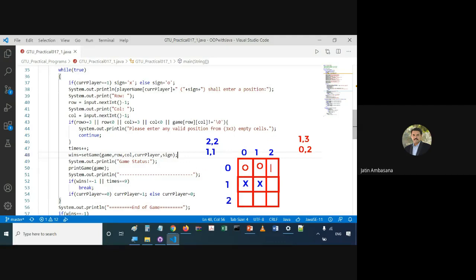So here the person enters O. As soon as the person enters O, it checks whether these two are correct and whether these two are correct or not. If these three are correct, then it is said that this user is the winner, and the user number, that is 0, would be sent back over here in wins.